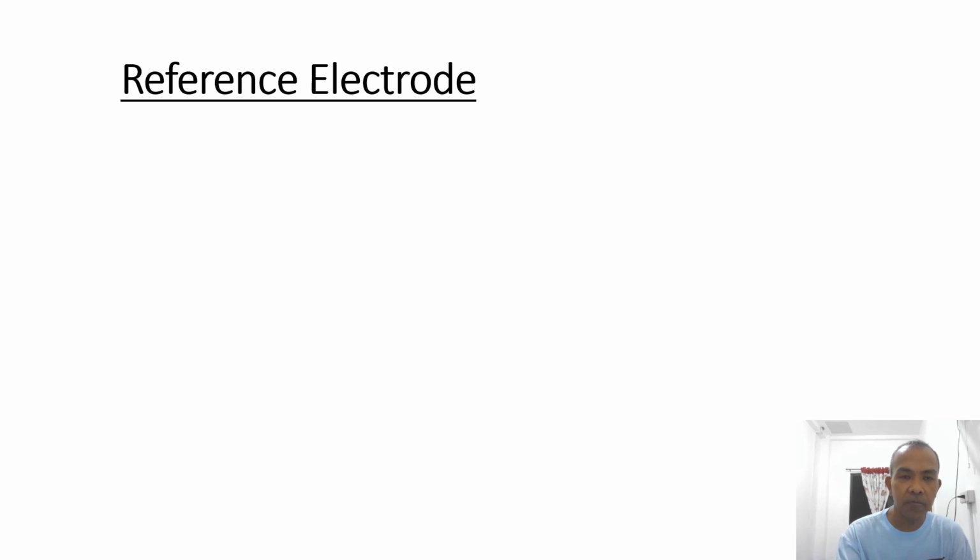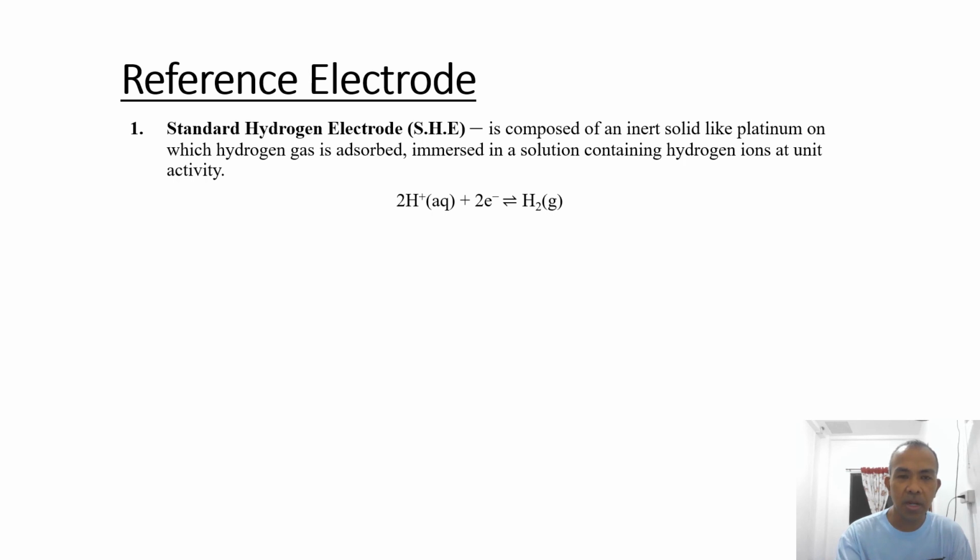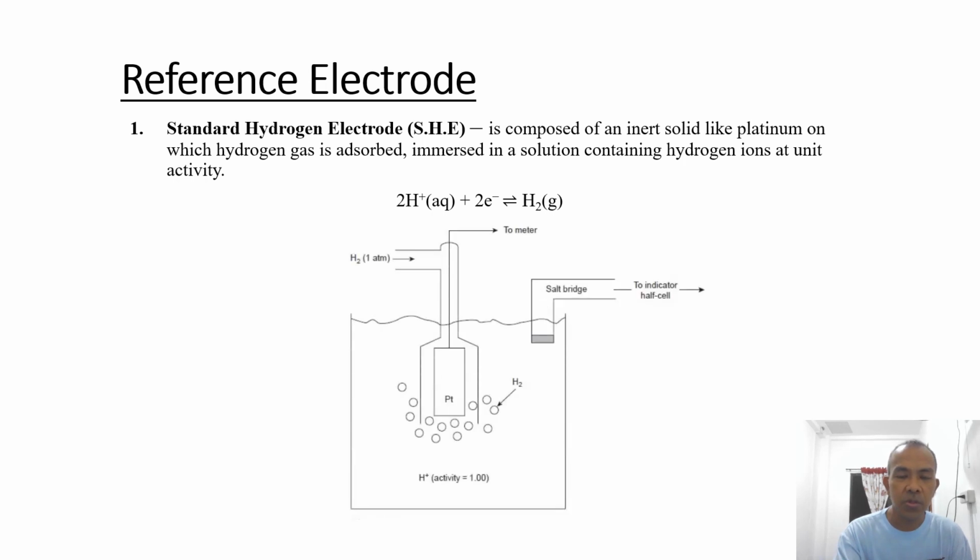Again, for further definition of reference electrode, here the example SHE is composed of inert solid platinum on which hydrogen gas is absorbed, immersed in solution containing hydrogen ions at unit activity. This is the reaction. So this is an illustration of a standard reference electrode. This is the salt bridge to the indicator electrode, the analyte solution immersed